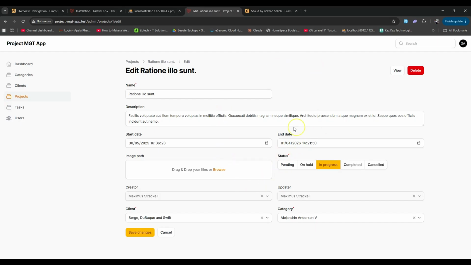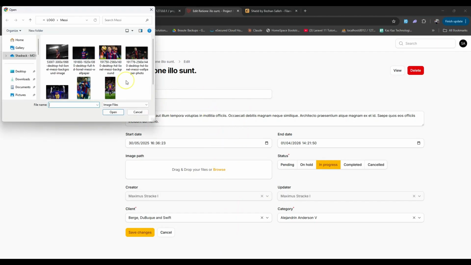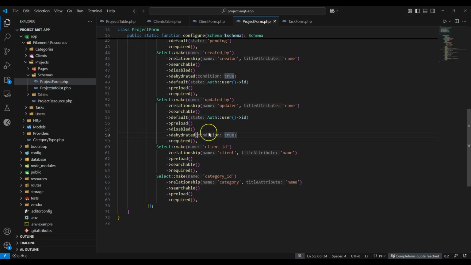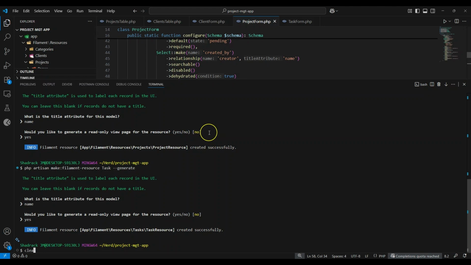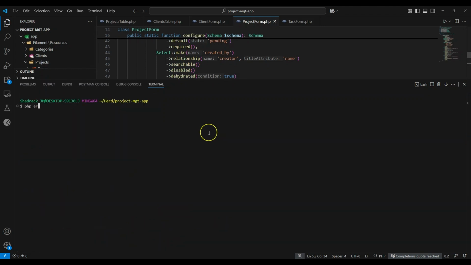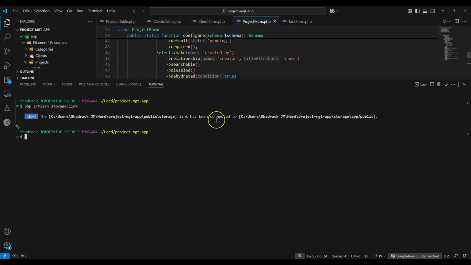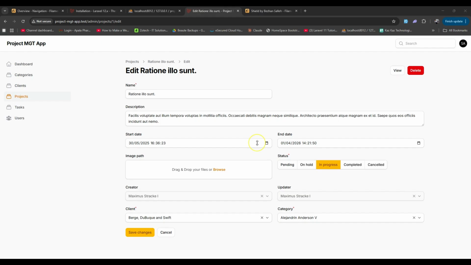Okay, later on I'll show you how to update these forms. So for now, let me just show you how to upload the image. But in order for the file system to work fine, you need to make a storage link. So we'll just do that by using this command: php artisan storage:link. So this will create a symbolic link which will be a storage. And now if we go back here, refresh,